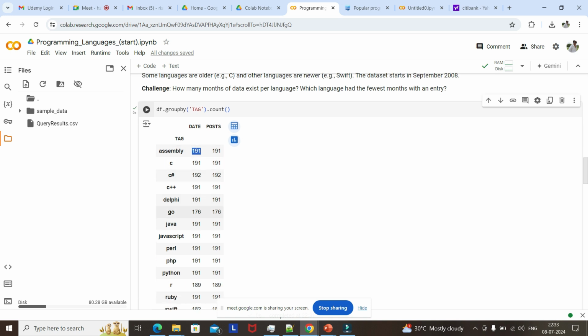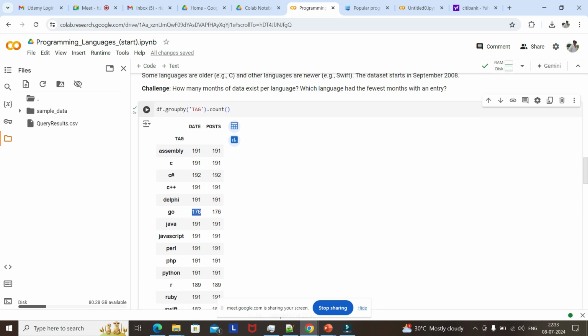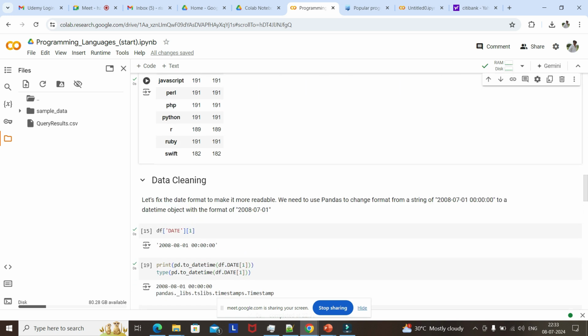Because for Go we have only 176 months of data. So why? Because Go is the latest language, so it might not be available depending on 2008, because it is the latest language. So Go is having 160 months of data. So going back,